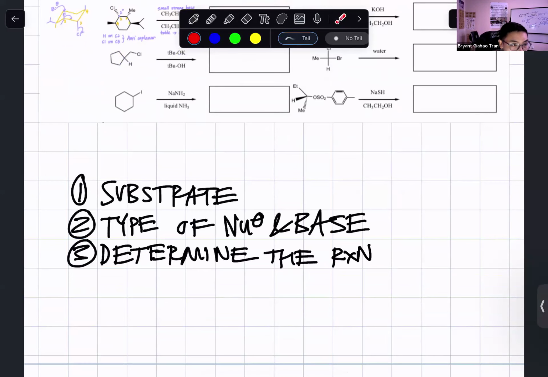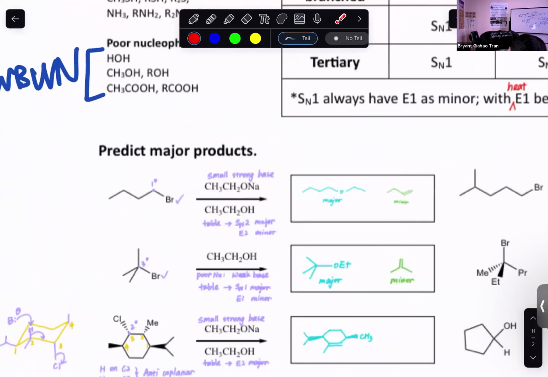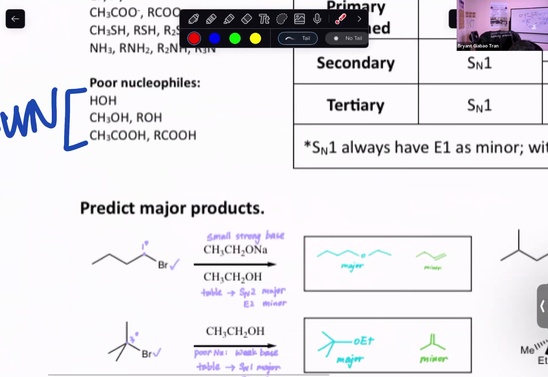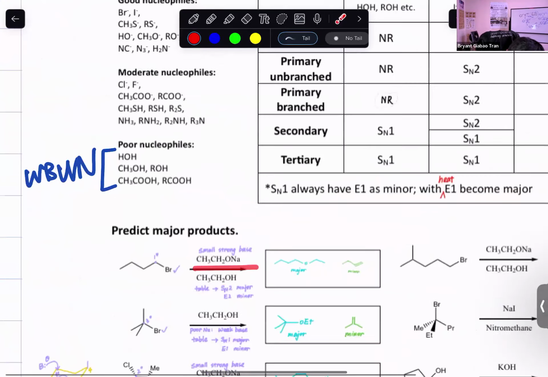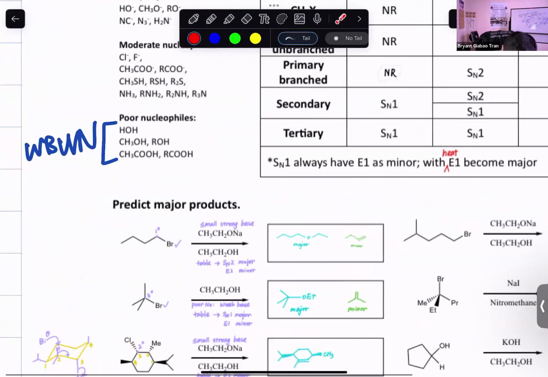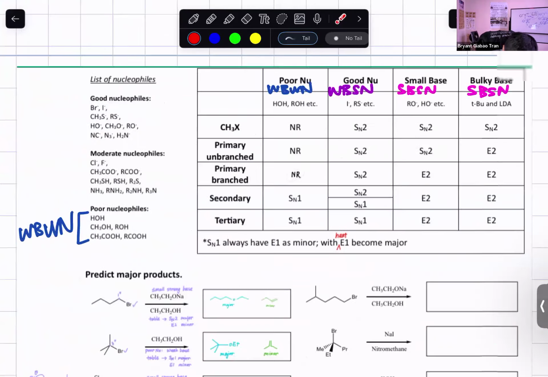But when you're first doing these problems, you would have to rely on the chart a lot. So if we look at the first example right here, this substrate here is primary because it's attached to one other carbon. We do have a good leaving group present, so that's good. This is a small, unhindered, strong base. So when we look at the chart right here,